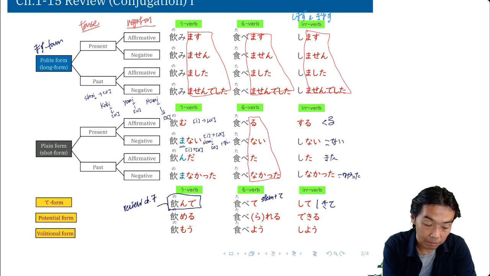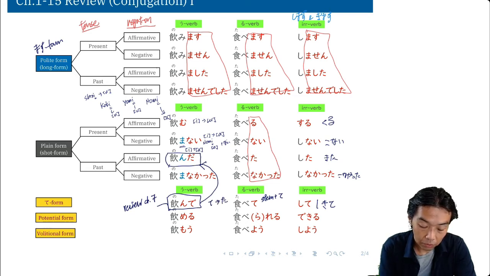This is an interesting case because only this one you go from te form. So what you do is change te, in this case de, to ta. So plain past affirmative of nonde is nonda,